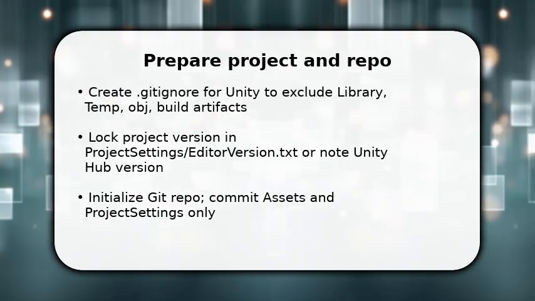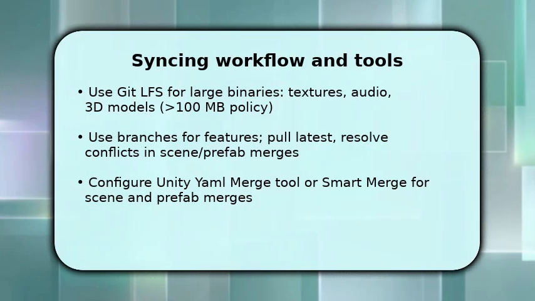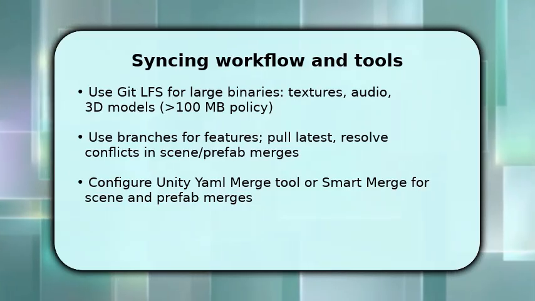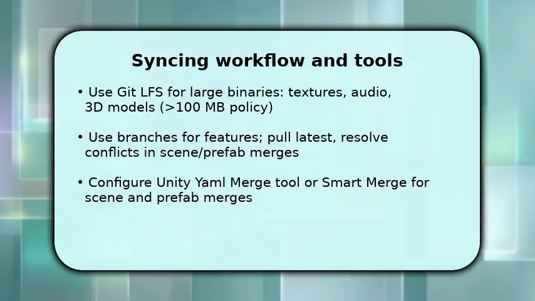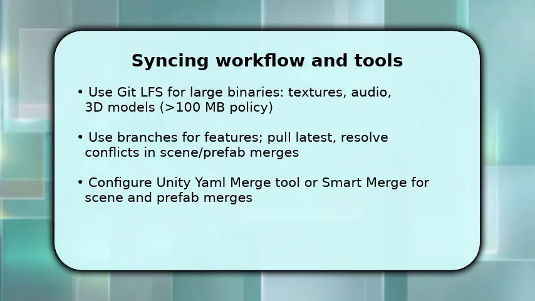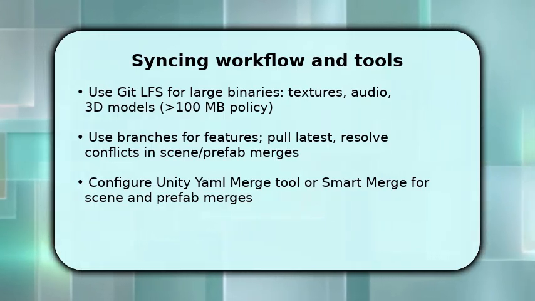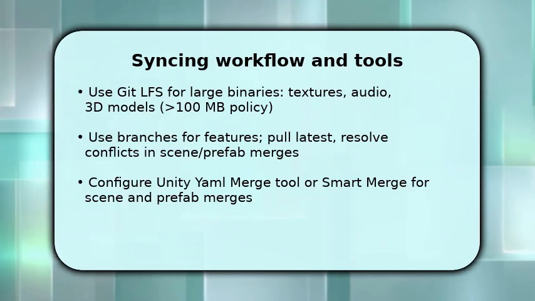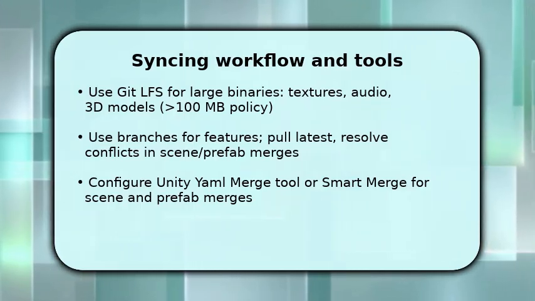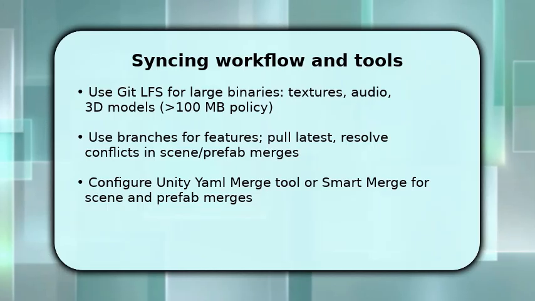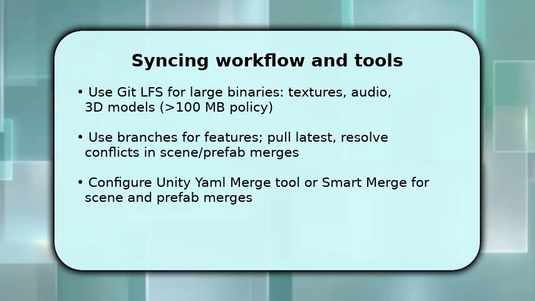You now set up a robust syncing workflow. Enable Git LFS for binaries like textures, audio, and large models to prevent repo performance issues. Work on feature branches and always pull the latest main before you start. This reduces merge pain. Configure Unity YAML merge or Unity Smart Merge so scene and prefab changes merge intelligently instead